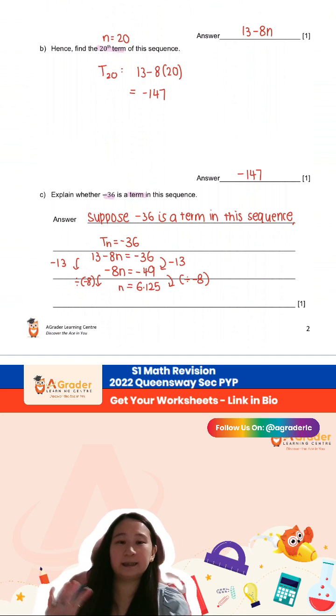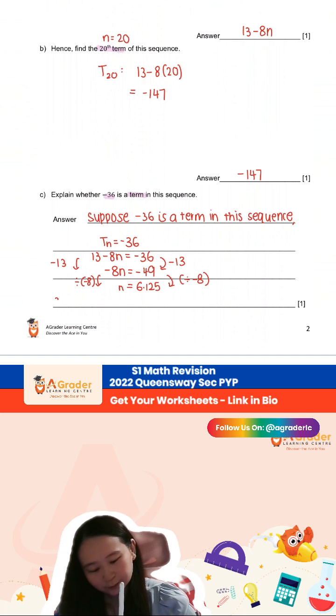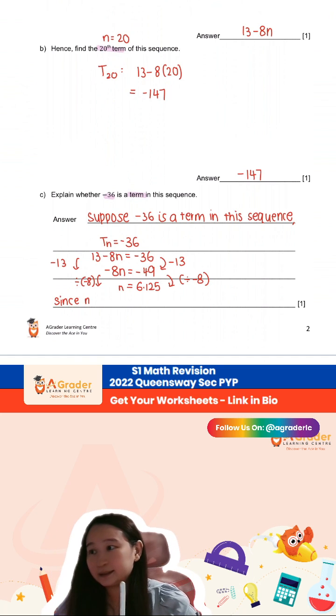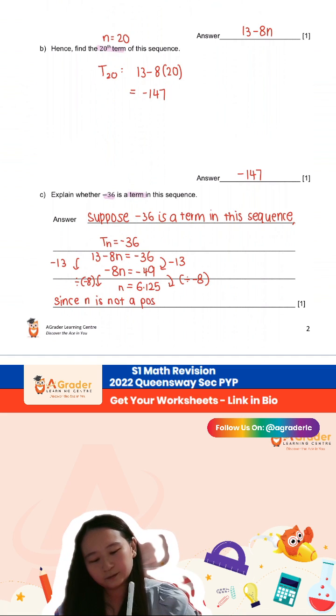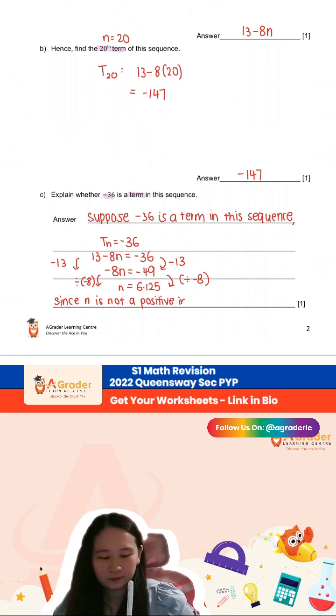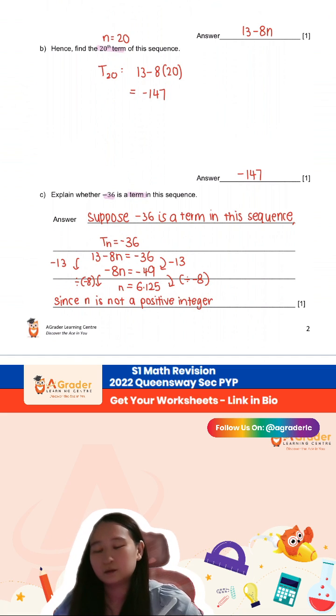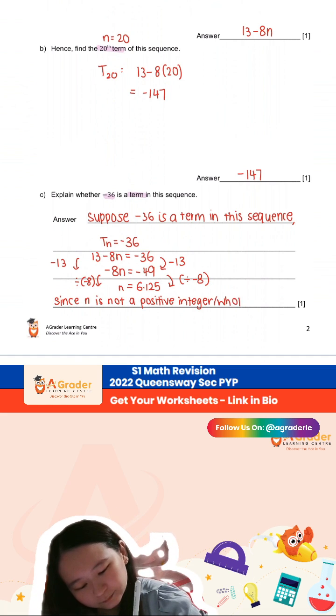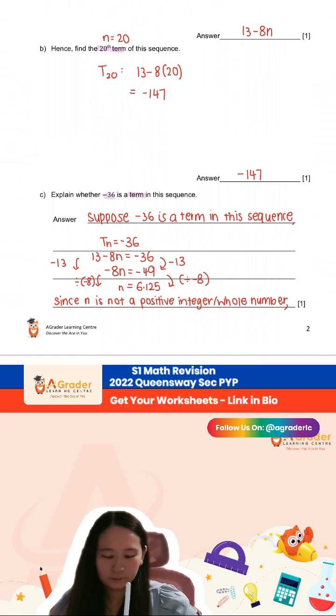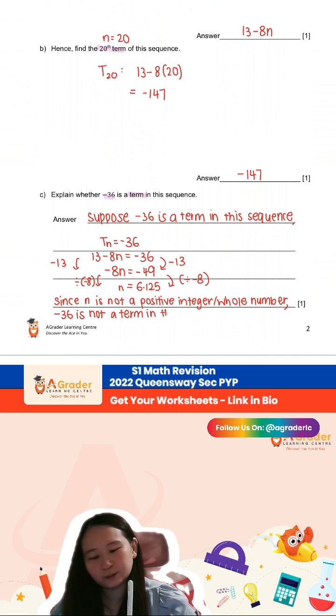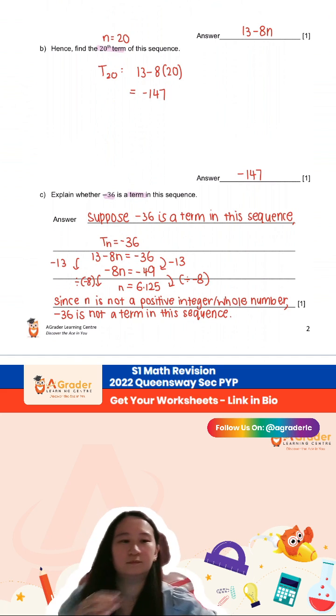You also need to take note that n cannot take the negative value. Okay, so since n is not a positive integer or whole number, -36 is not a term in this sequence. Okay,